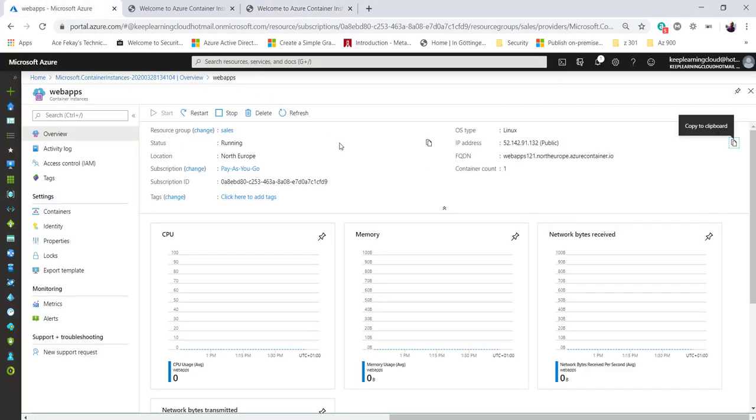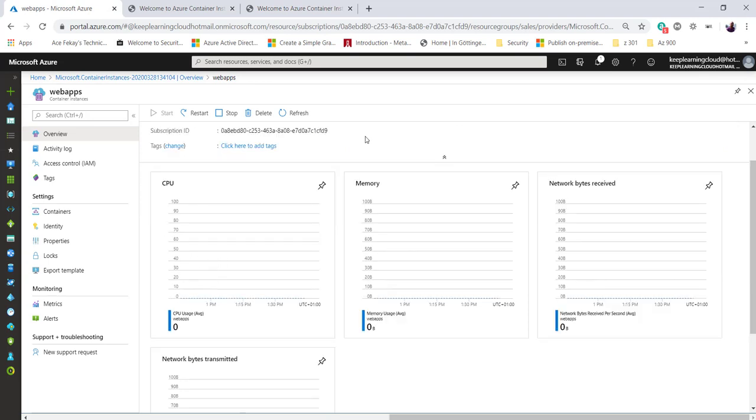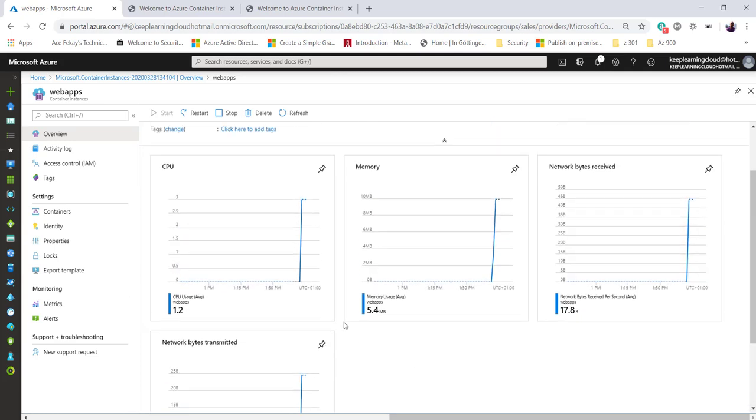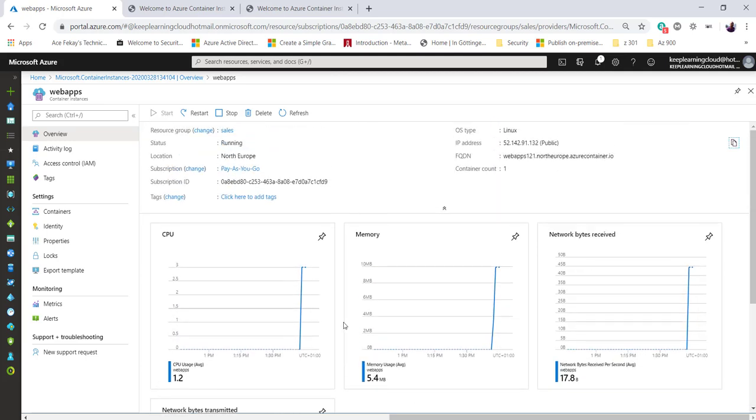And slowly, as we understand those concepts, we'll drill down into the repositories, hosting images there, and customizations as well. So going back to the container dashboard, you've got several statistics that will tell you the CPU utilization, memory, and network bytes transmitted and received. These are the very basic metrics that you will need as an administrator of containers to see the performance